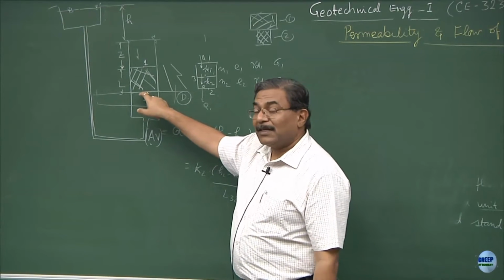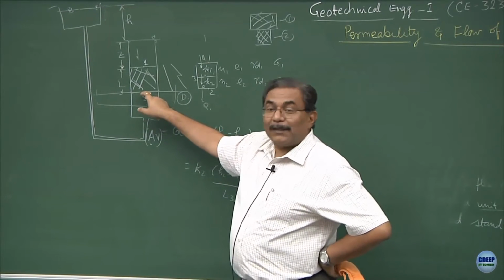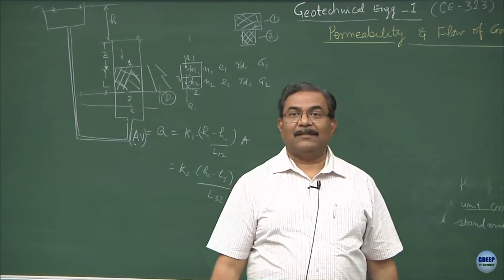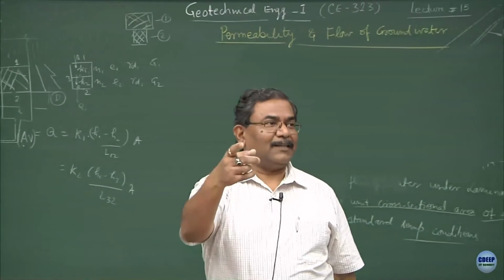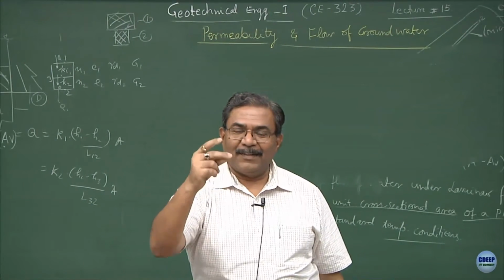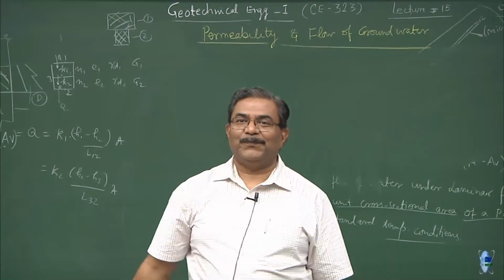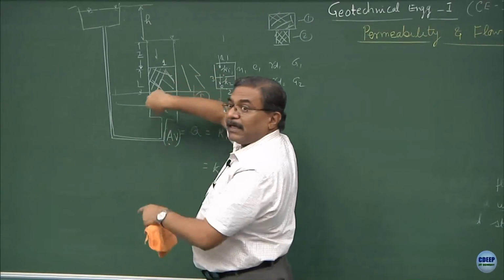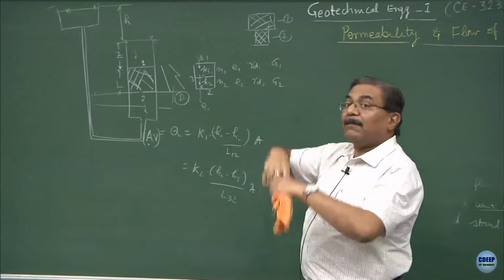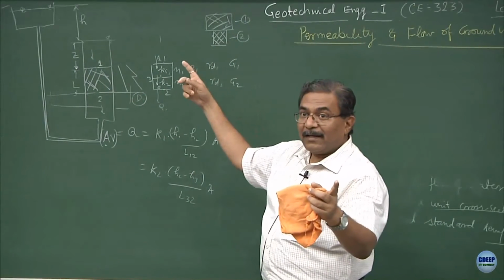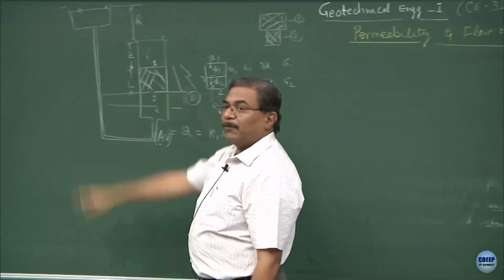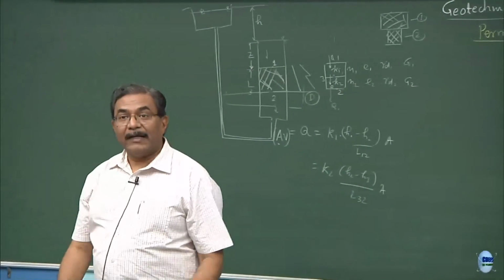So, what happens to the hydraulic gradient? This is a good question. If you suck something, what happens? Now, he is getting a realization of what we are discussing. The discharge increases. So, minus of this thing and minus of this thing, that means the hydraulic gradient is going to become higher. Clear? So, V is proportional to i. That means the movement of the fluid through this porous system will get enhanced.